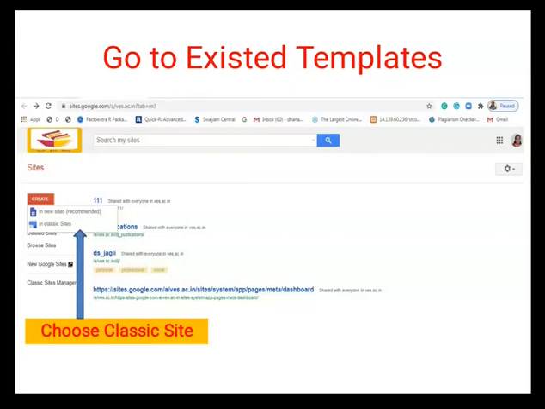If you want to use some existing templates, then we can select the second option, that is classic sites. So for using the existing templates, we need to choose the classic site option.